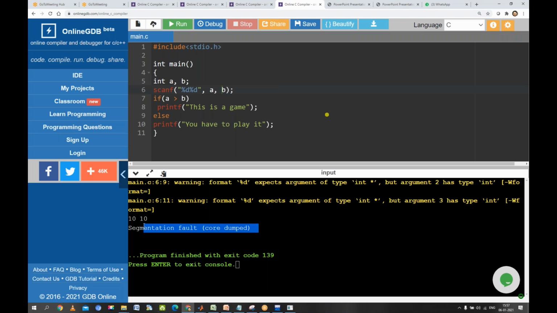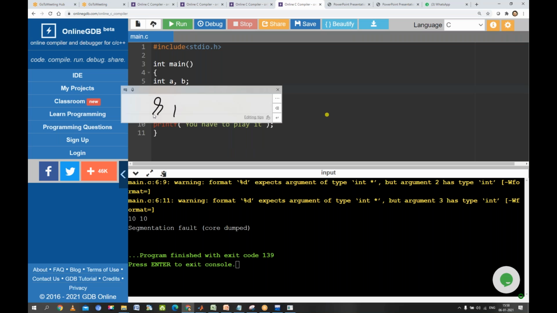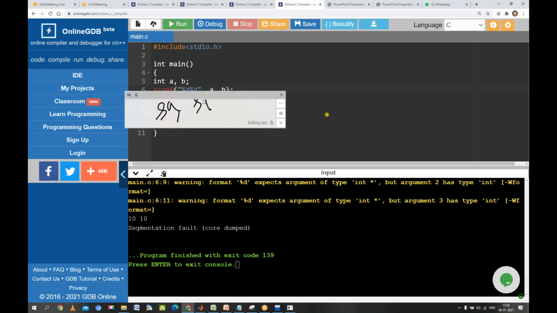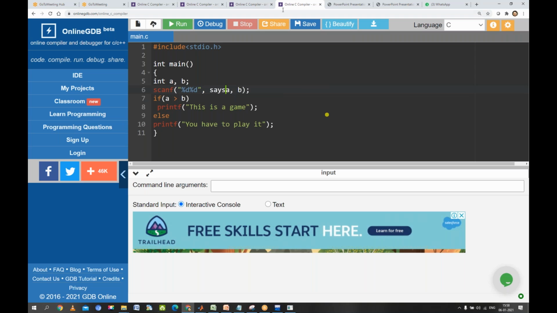Anyways, we are not covering the segment concept of the operating system. So from this point, we just try to avoid such kind of things. Whenever you are supplying a function like scanf, you should always supply the address of the variable using ampersand, right? Supply ampersand in A and also in B. You can have unusual behavior depending on compiler to compiler. In Dev C++ something will come, with GCC something else will come. The segmentation fault is visible to you here in the online compiler, right? So like this. Okay, so